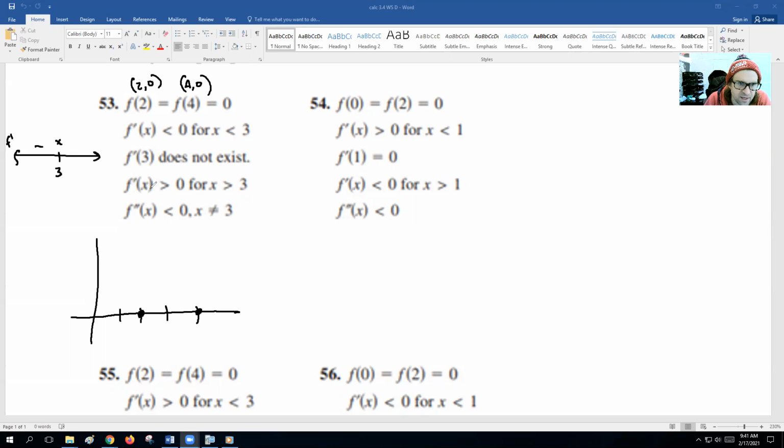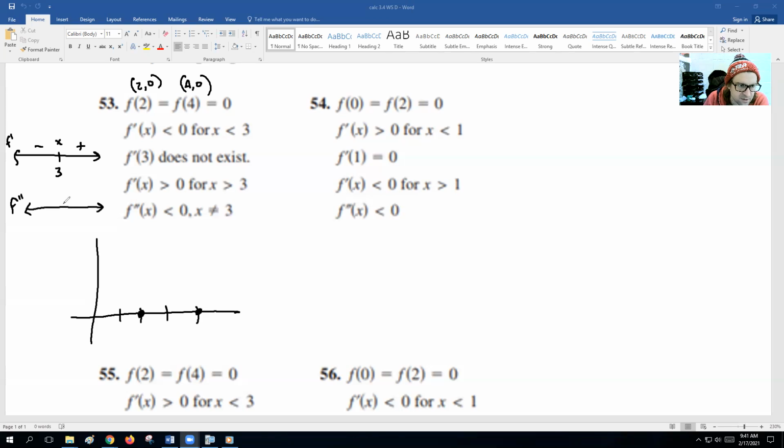And then x prime is greater than 0, so it's positive for any x greater than 3. So the graph needs to be going down, and then it switches to going up at 3. And it does not exist. The other thing is the second derivative,